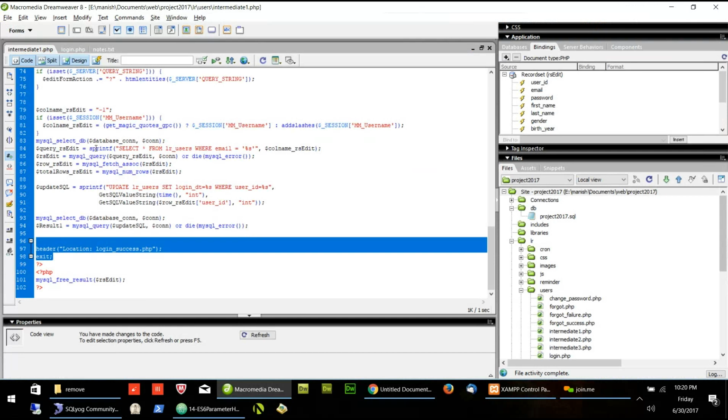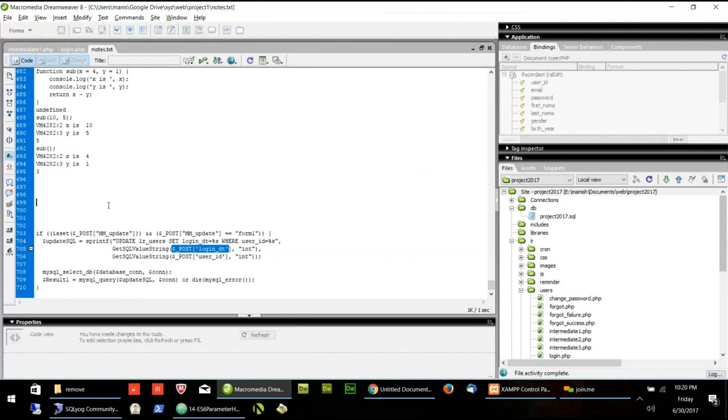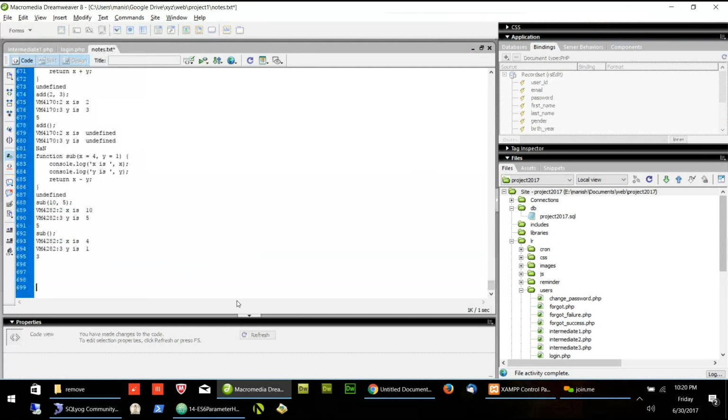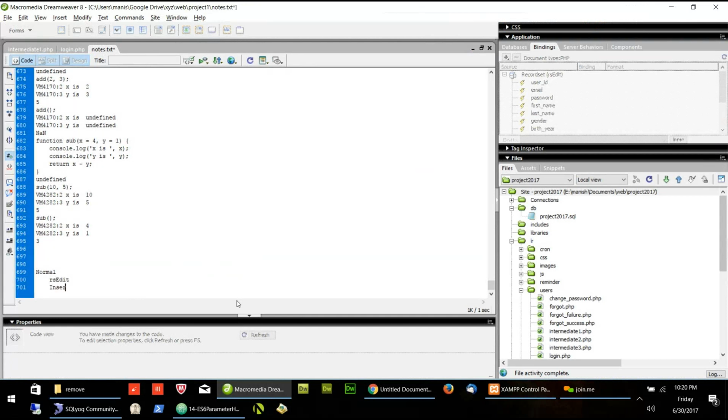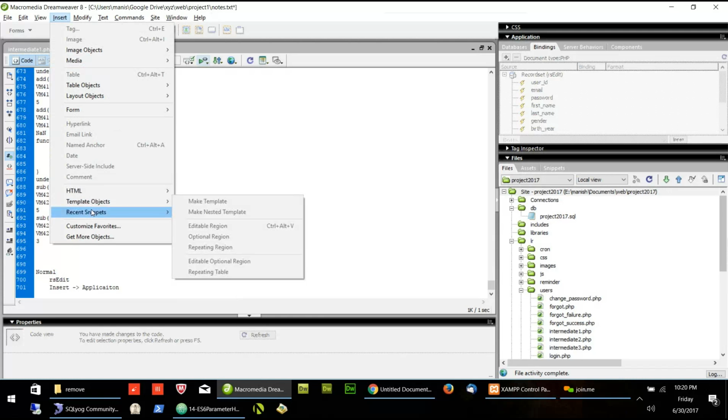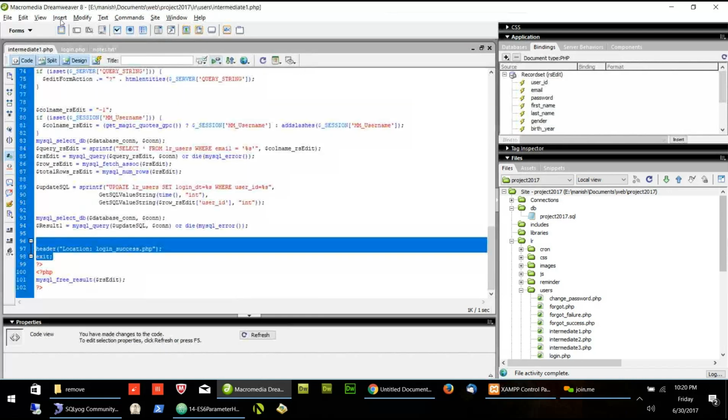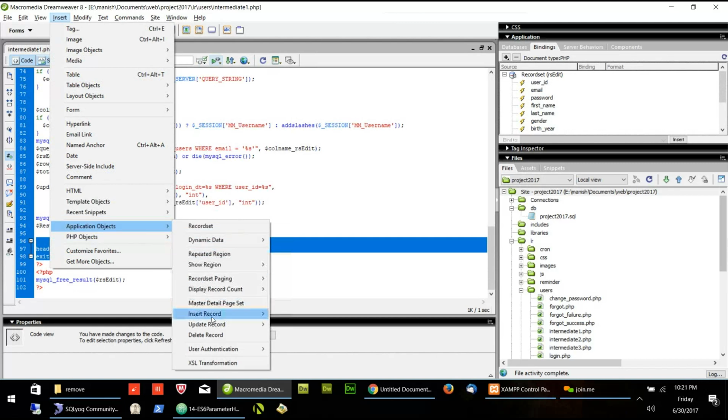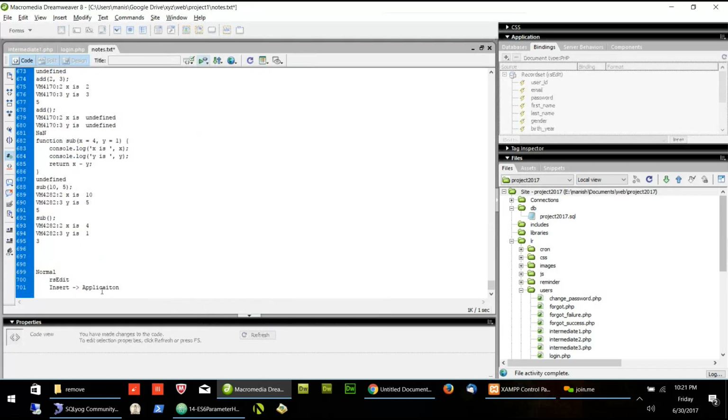So to summarize this page, I will write down so that you can understand what we did. We did a normal update. So what is a normal update? Create RS edit, then go to the insert, application object. Sorry, this is the HTML. Application object, update record, record update form wizard. First we went the normal way to update the record.